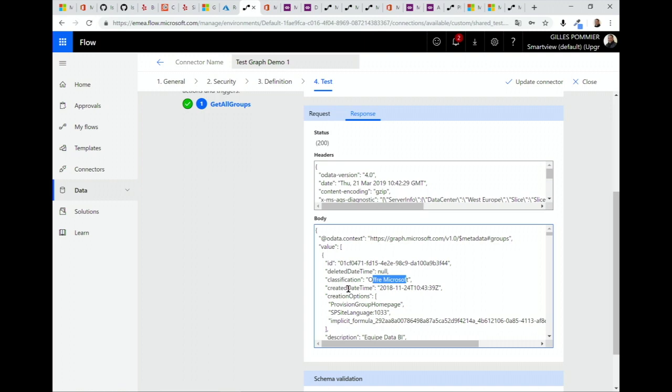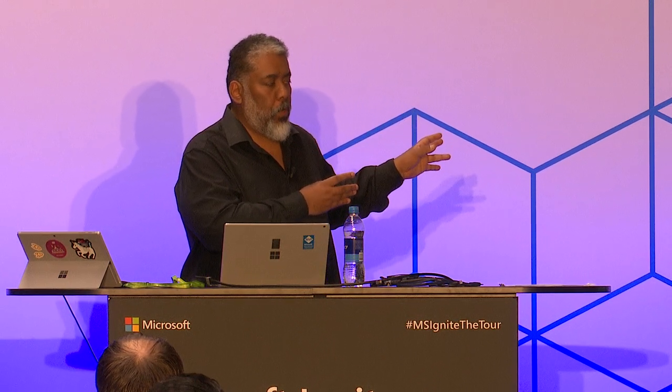Okay? So just this last demo on the custom connector for Microsoft Flow and Microsoft Power Apps. Just an example, if you want to connect to some specific API like Microsoft Graph, and the methodology I'm using in my project. So for this one, usually I'm starting from the Graph Explorer, then I'm testing in PowerShell. I'm creating, of course, an application in Azure. And when this is OK, then I'm creating a custom connector.